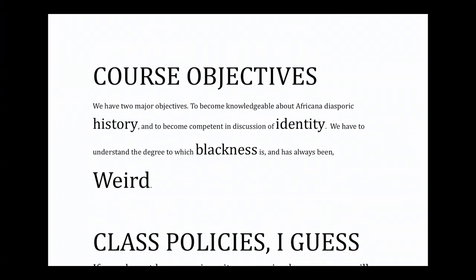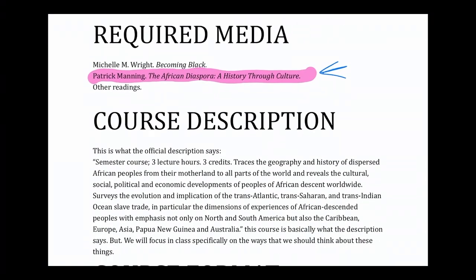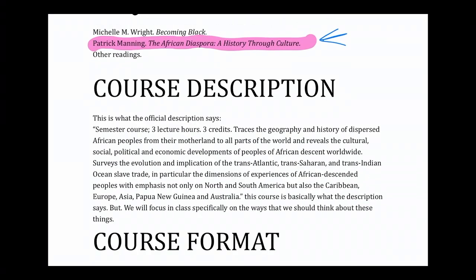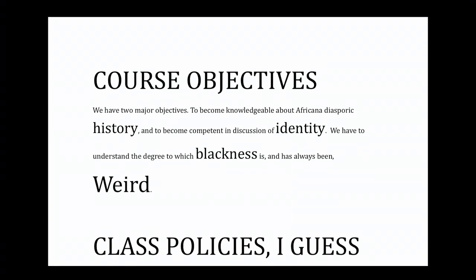All right. But here's the way that I like to think about the course. There is the course description, which is true, but then there's the way that I focus on the course and the way that I've developed it. The way that I look at it is that there are two major objectives for the class. One is to become more knowledgeable about African diasporic history, and the other is to become competent in discussions of identity. Because obviously, the idea that there is such a thing as an African diaspora often calls into question or brings up these questions